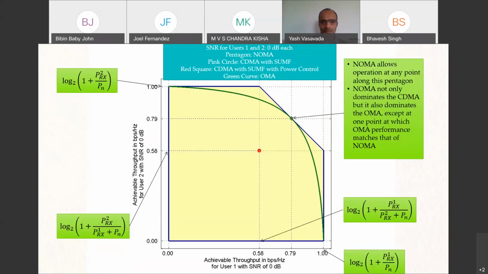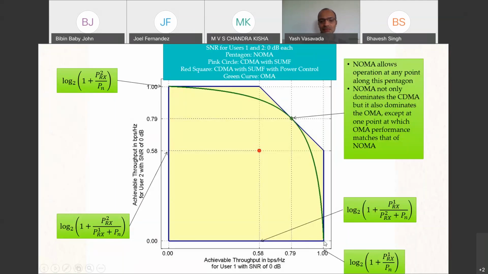Sir, alpha is 1. Yeah, no, actually, remember this y-axis is user 2. Achha, so it is like 1 minus alpha. So it should be 0, right? Correct. So for this point, alpha of OMA is 0, meaning that the entire bandwidth has been allocated to user 2. And so user 1 gets a rate of 0. We haven't given user 1 any bandwidth at all.